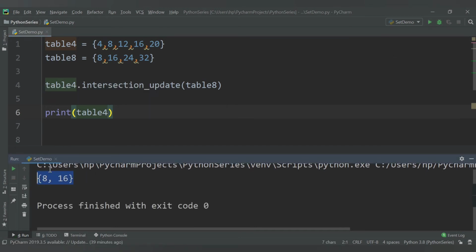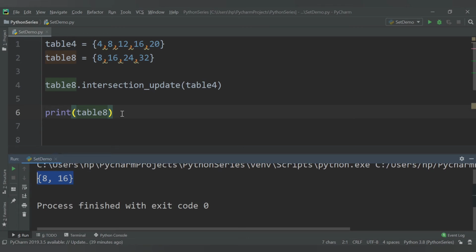So only the intersection values are getting stored in table 4. What if I switch the values, table 8 dot intersection update with table 4? It will update table 8, and table 8 will have only two values, 8 and 16. Table 4 still has all the values. In this way you can make use of intersection and intersection update.